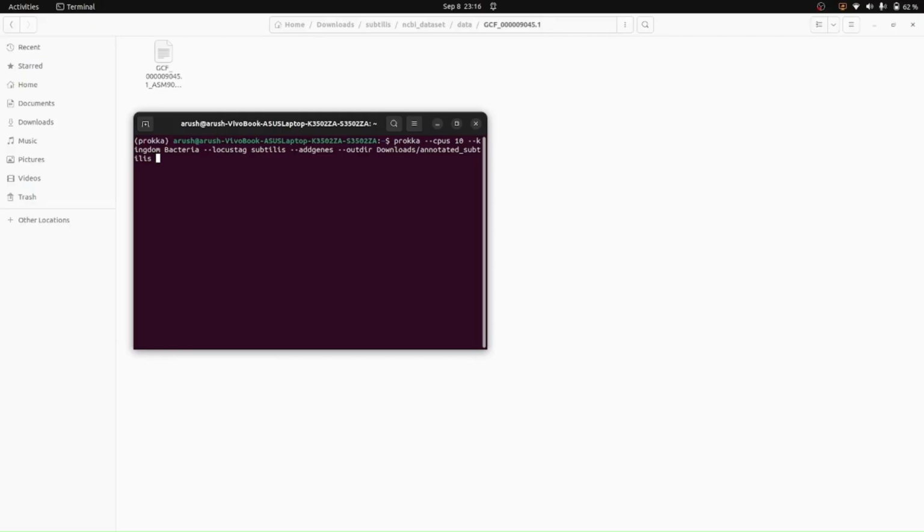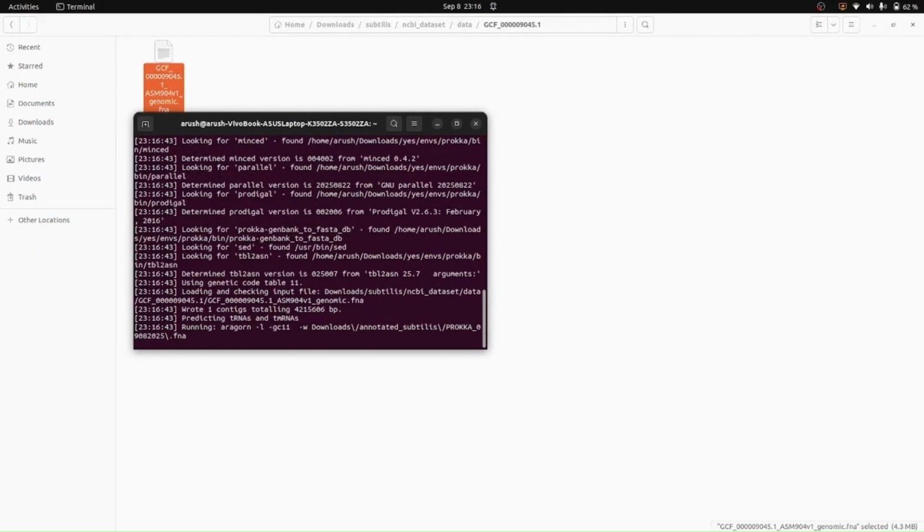And last, you have to specify the input file that we have seen here. So specify the path where your file is present, and the path is this one. So type downloads, then subtilis, NCBI dataset, data, GCF, and in this GCF folder we have the file, this one,